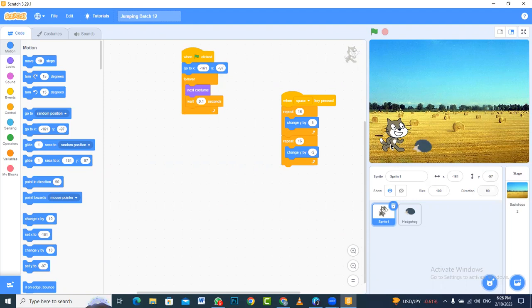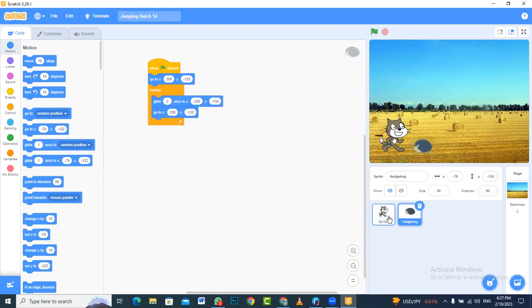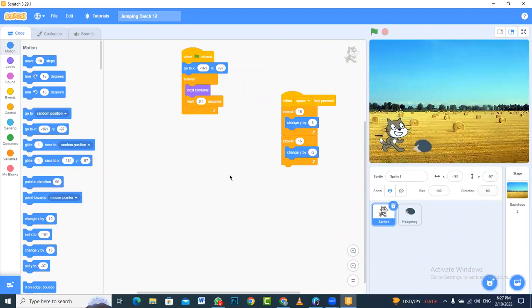If you want to do something related to the characters touching each other, what you need to do is use an if condition. An if condition can be used to determine if the cat and the hedgehog have touched each other. So in the code for the cat, not for the hedgehog, we are going to first introduce